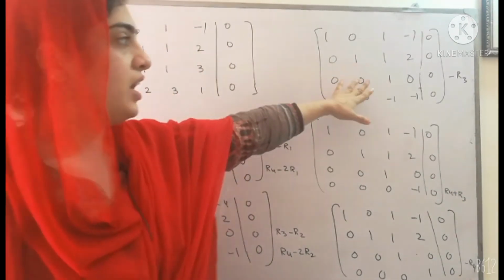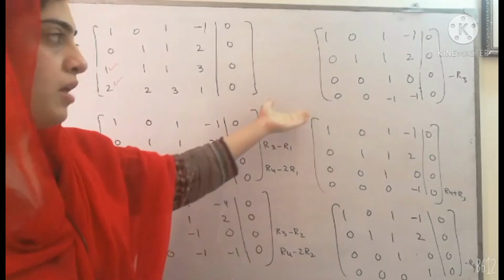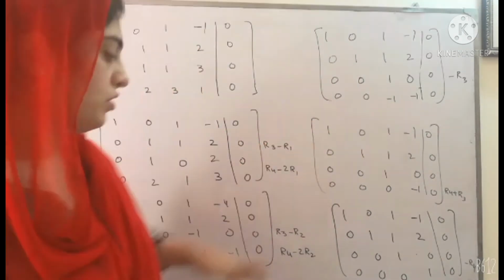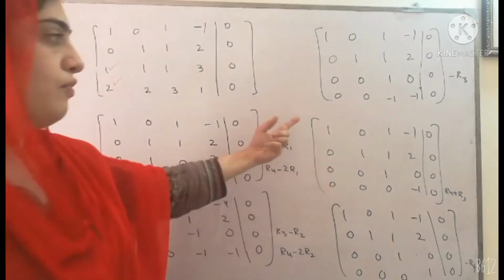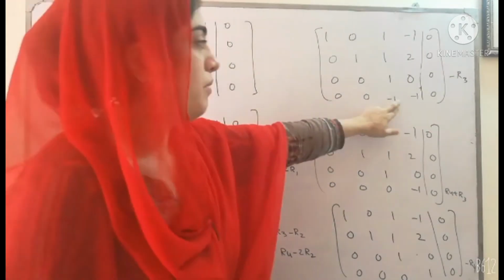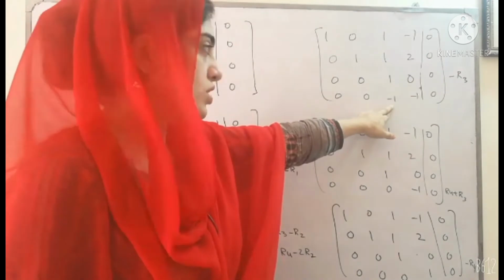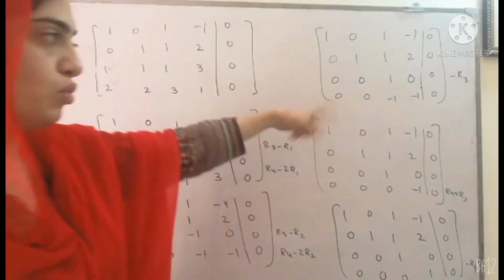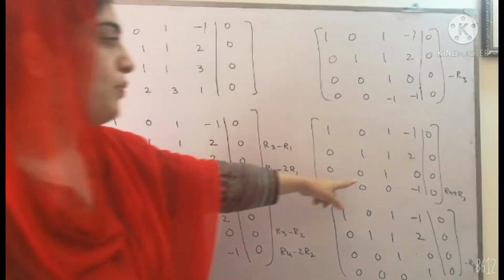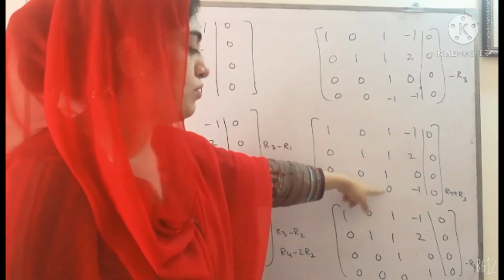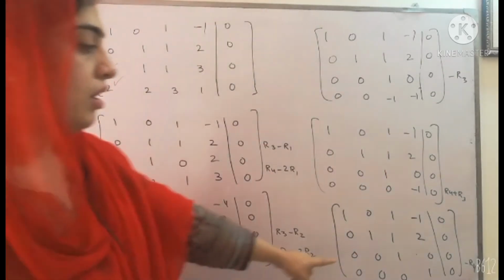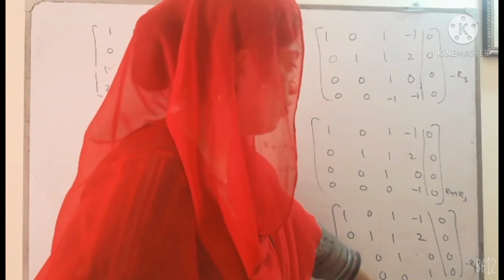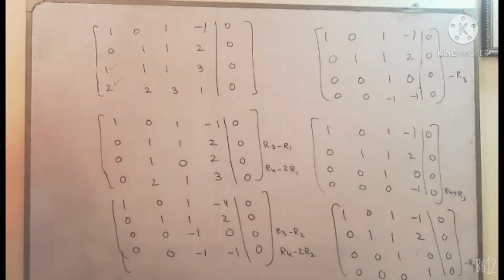It was already 1 but negative, so I have multiplied this row 3 with minus 1. So in the next step, in r4, we will make this minus 1 equal to 0, and for that I have added both rows, r4 and r3. So 1 minus 1 is equal to 0 and then minus 1. In the end, I have multiplied row 4 with minus 1, so that minus 1 will be converted into positive 1.